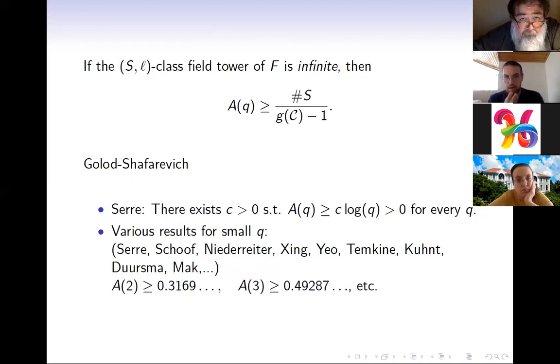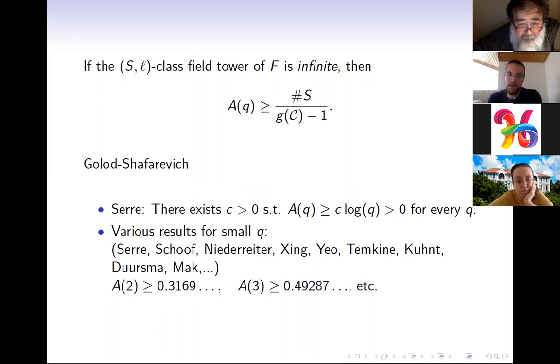And then it became kind of an Olympic discipline in this field to look for good starting points for this iteration. So which function field and which set of places to use to obtain good infinite class field towers so that we get good lower bounds. And so the lower bounds that we had for various primes increased throughout the years in a sequence. And as of today, the best known lower bound we have for A(2) is roughly 0.3, for instance,